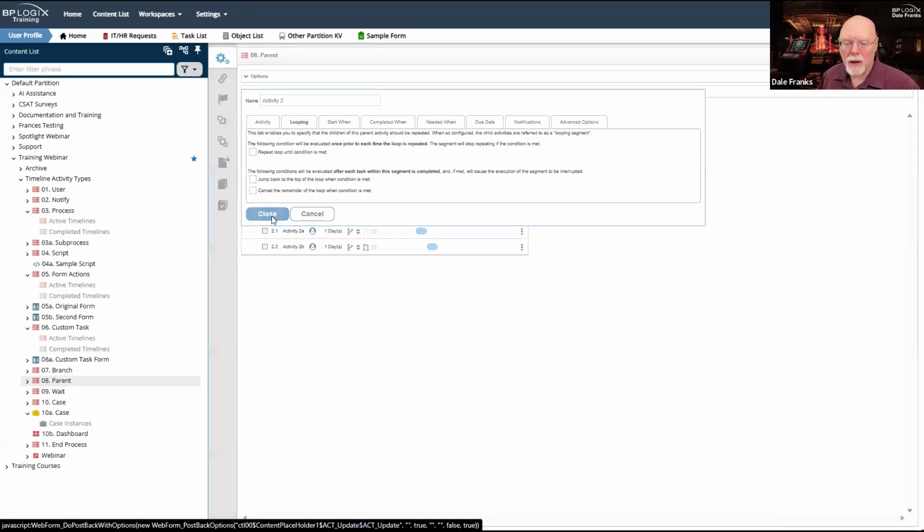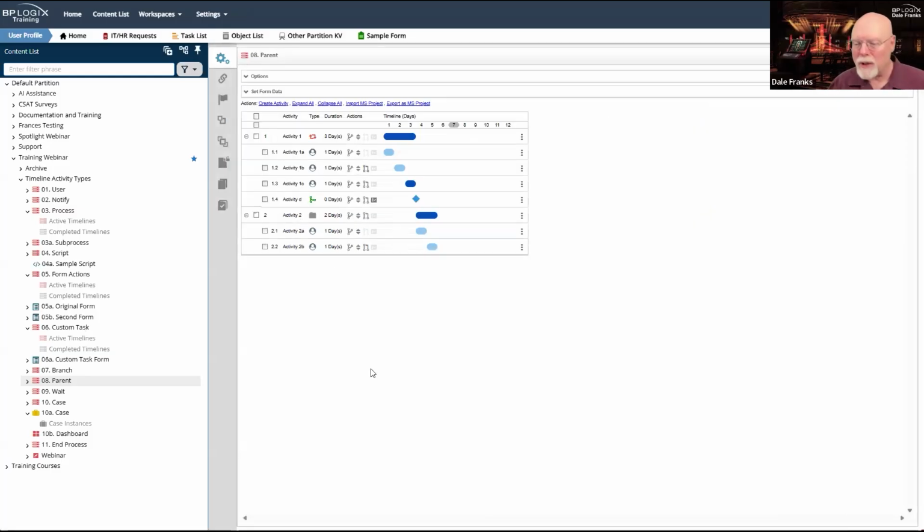If you don't need a loop, the parent activity still retains the functionality it had before we added looping to it, which is to serve as an organizational method for your timeline. It works otherwise just like any other, just like the looping does, except it doesn't do looping. It just groups stuff in a timeline.